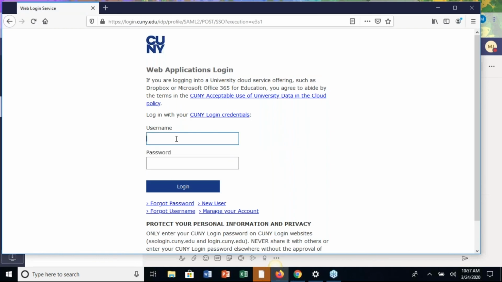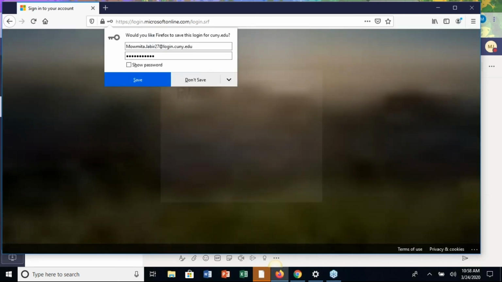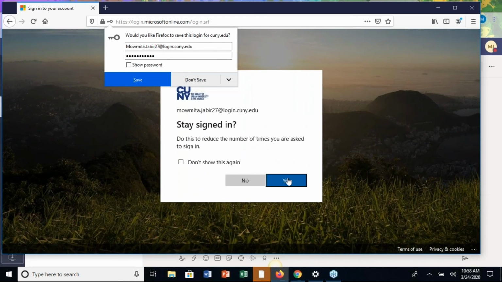So type your CUNY-FIRST username at login. Don't forget this part, .cuny.edu, and then you type your password, and it takes you there. It's up to you whether you want to stay signed in or not, and then it takes you there. So the URL is